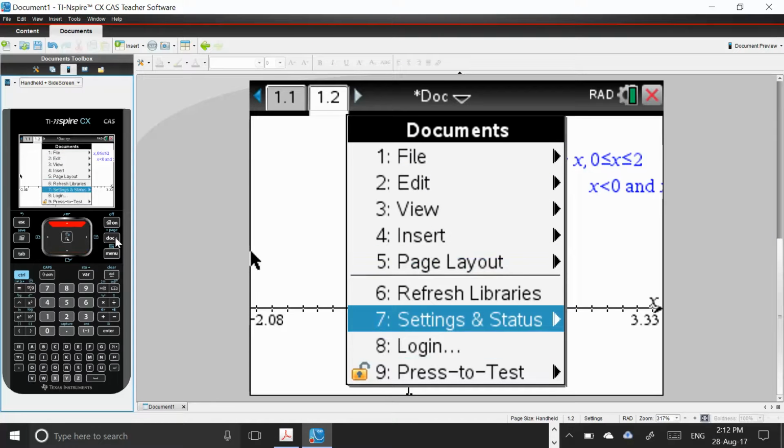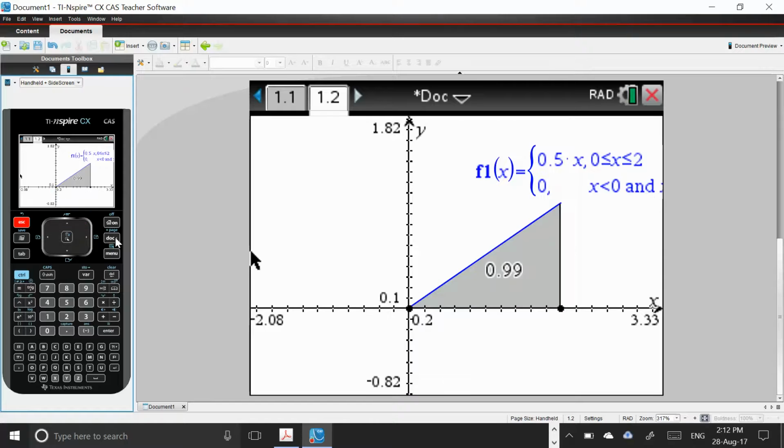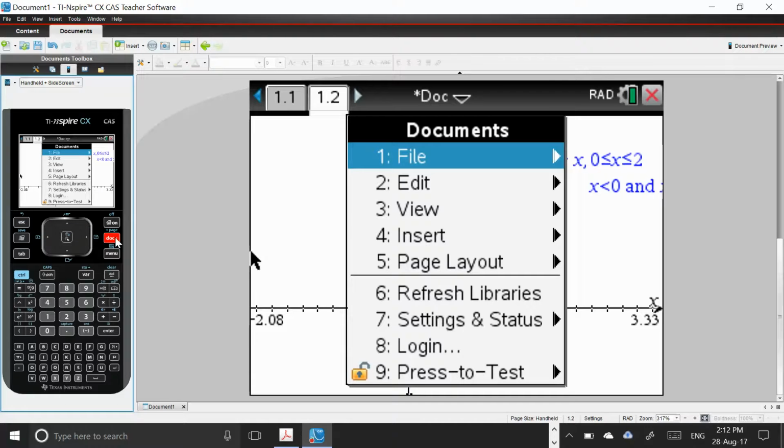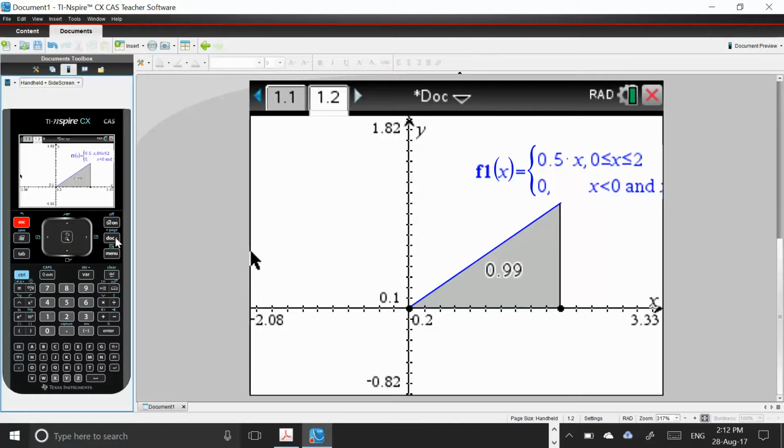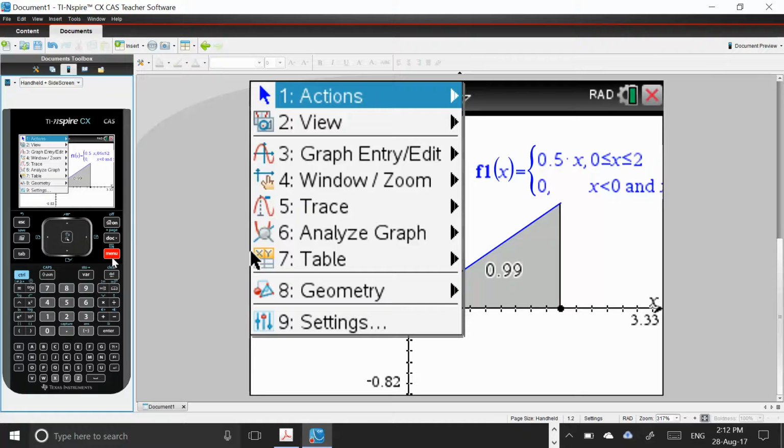Don't just check here. If you just clicked on documents and went down to 7 for settings, the problem with that is that's your calculator settings. It doesn't have graph settings. That means back on the calculator page, that's what these settings are for. But if you wanted to do it with your graphing, sometimes you have this on 6, that's great. Your problem is your graph. Your graph settings should be in your menu, this settings. There's a difference between the two: there's the graph settings and there's the calculator settings.